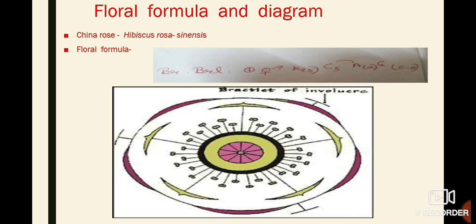Then you come to your corolla. Corolla also has 5 petals, which are free in nature. Then comes your androecium, which is numerous in nature. That's why I have given the infinity sign, which stands for numerous. I have given that sign to signify that they are numerous in nature. Now, this corolla remains connected with the androecium. That's why I have given that slanting sign on the top of C and A.